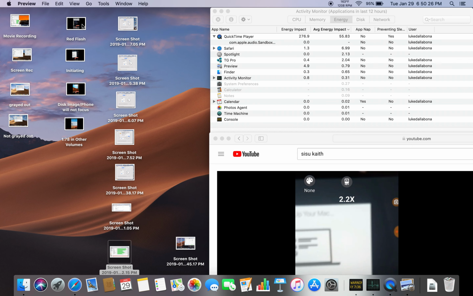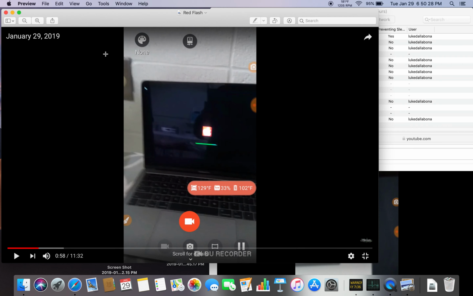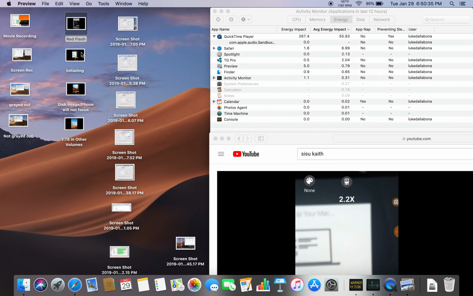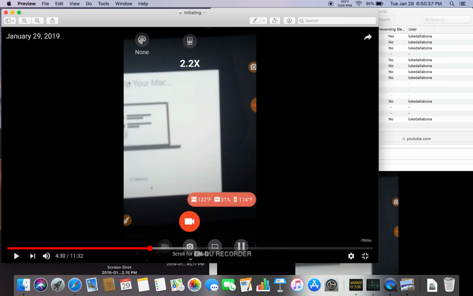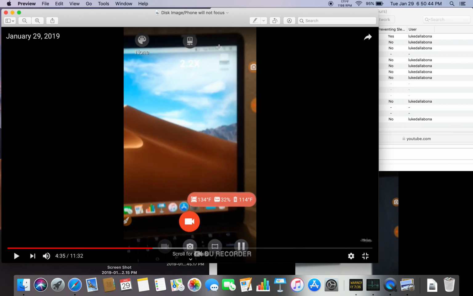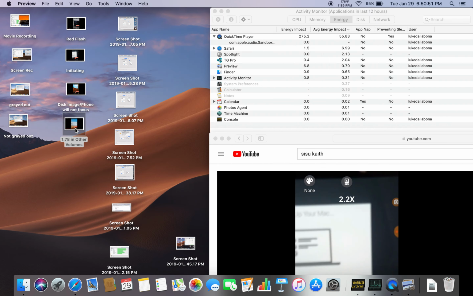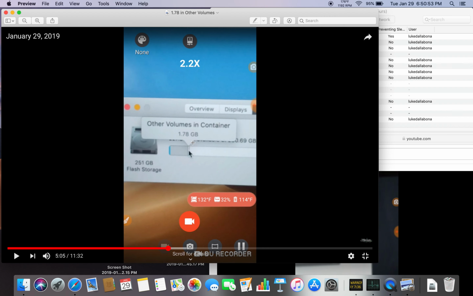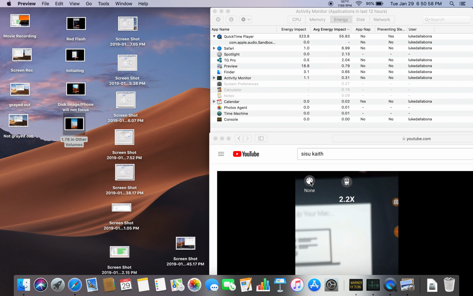I opened the computer, I unboxed it today. There's a red flash. January the 29th is initiating, setting up the Mac. And then I see always disk image, but my phone doesn't want to focus, but I will show the recording in a bit. And then finally 1.78 GB is already in other volumes. All right, so